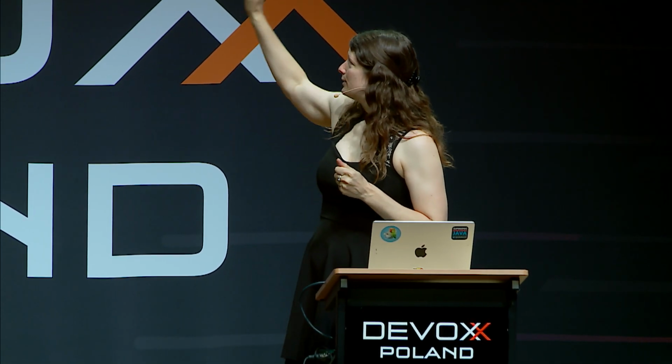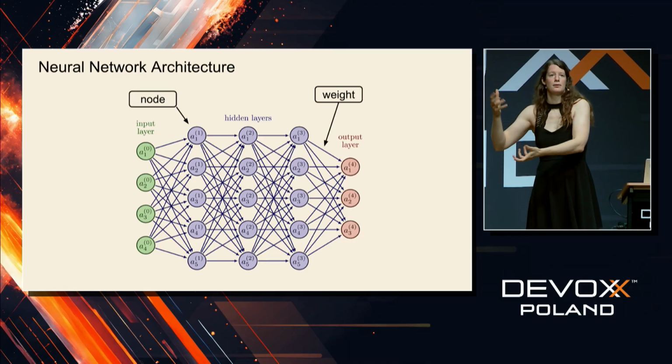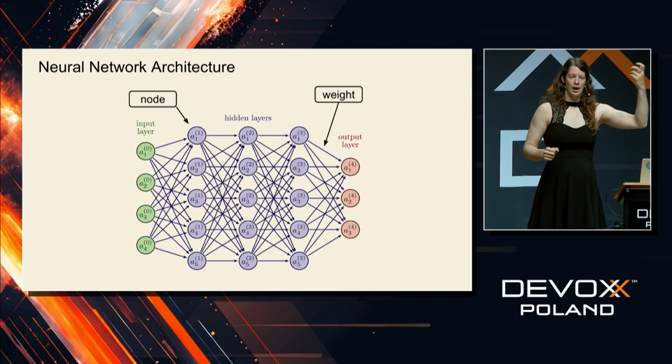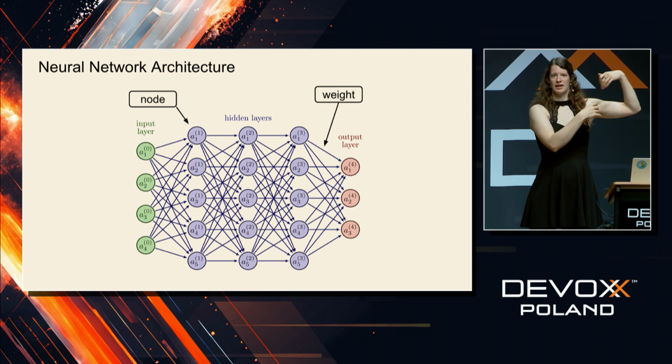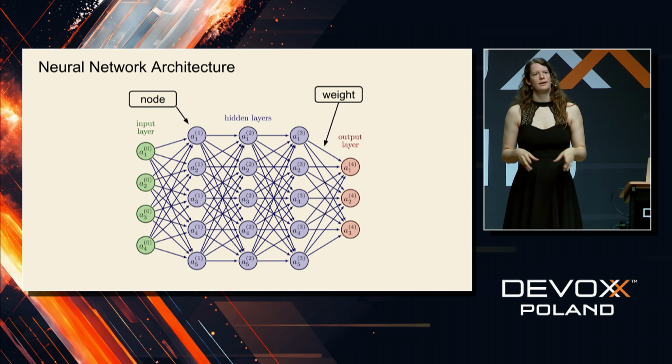So let's dive into how AI actually works. What you see here is a neural network architecture. There's different flavors of it, but they all boil down more or less to something like this. You have layers of nodes. The input nodes represent something, say pixels, in case you send in an image. The output nodes represent something, say the category of what you see in the picture. And in the middle, it's pretty much a black box.